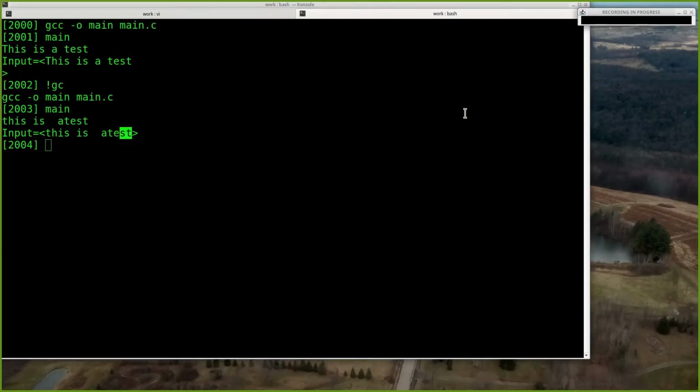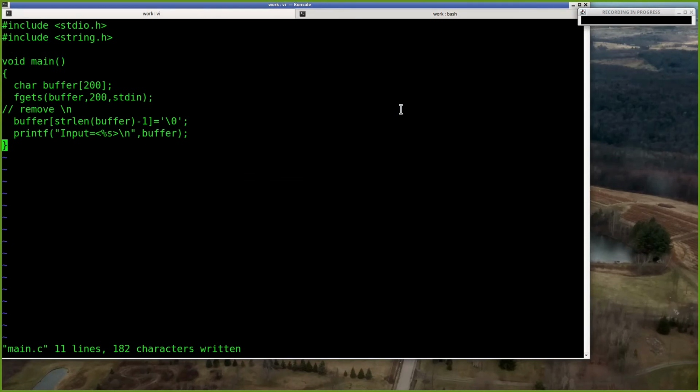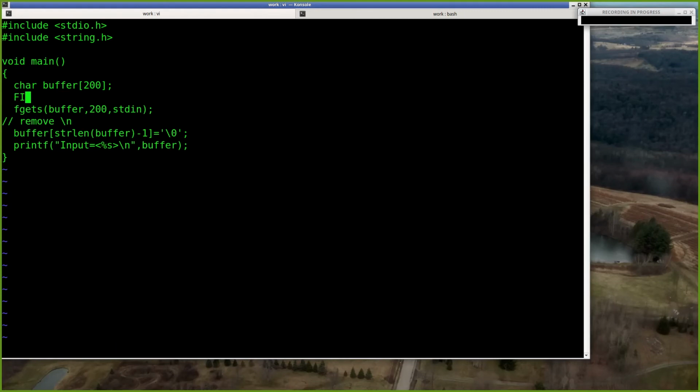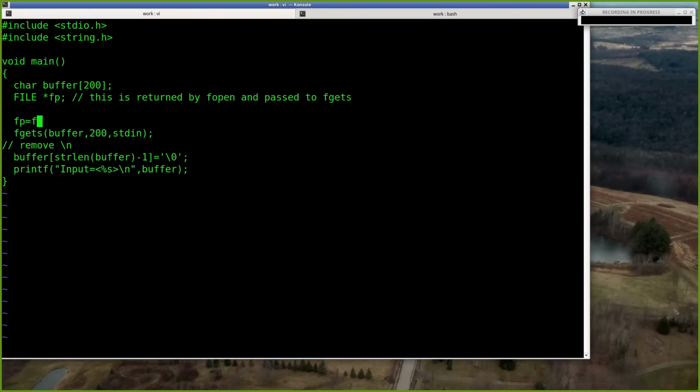Alright, so this is reading from standard in. What if we want to read from a file? So let's make a file. We need a variable of type FILE star, uppercase FILE. And this is a variable that's going to come from fopen, and it's going to be sent to fgets. So let's give this a value, fp equals fopen,